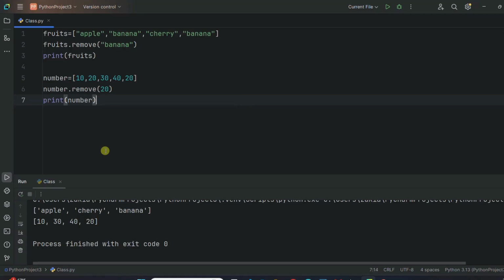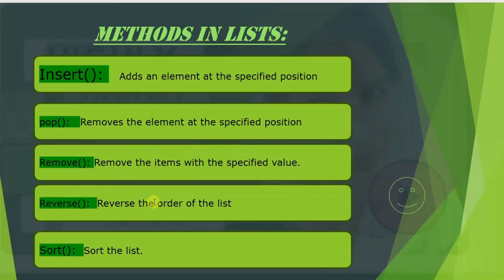Now let's talk about the next method. The next method is the reverse method. Basically, the reverse method is used to reverse the order of the elements in a list. It doesn't create a new list but modifies the original list. For example,